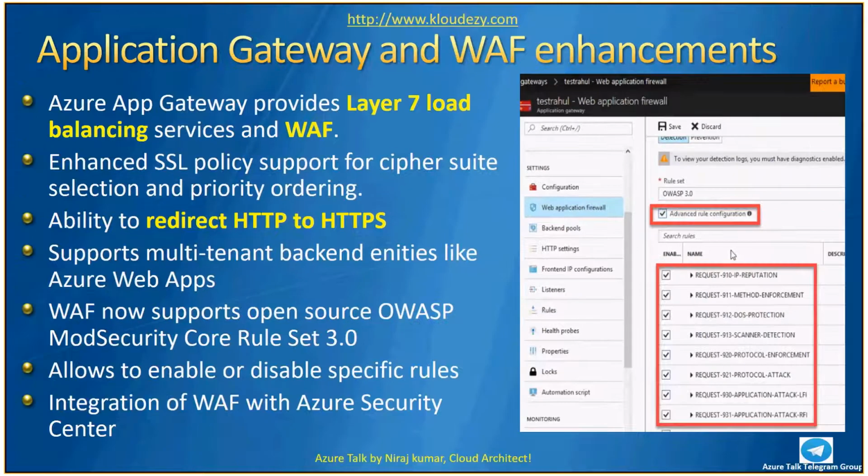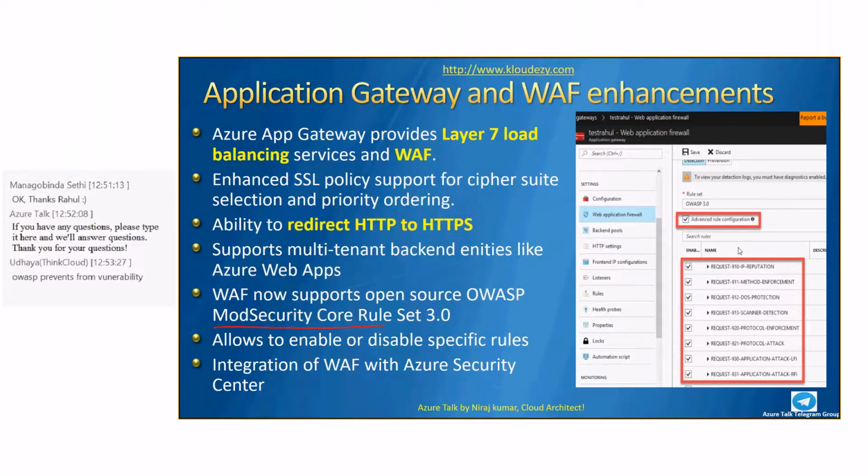How are these rules protecting the applications behind the application gateway? It is with the use of ModSecurity. ModSecurity is the security module which we use for the web server. It was introduced for Apache, Nginx and IIS, and this module monitors and checks the traffic between the client and the server. We know 70% of attacks are carried out at the web application level. So every organization needs to protect the application behind the application gateway, and that's the reason these rules are in the picture right now.